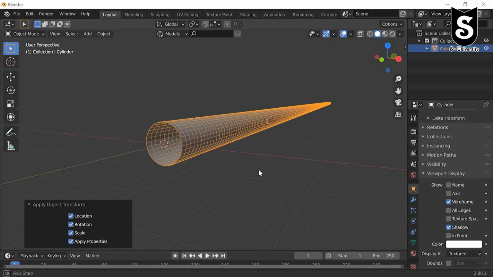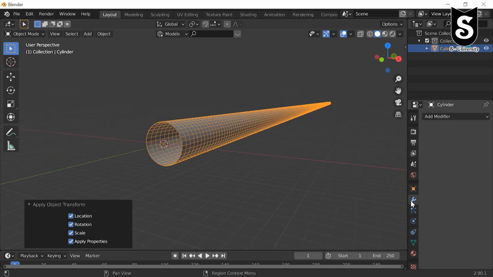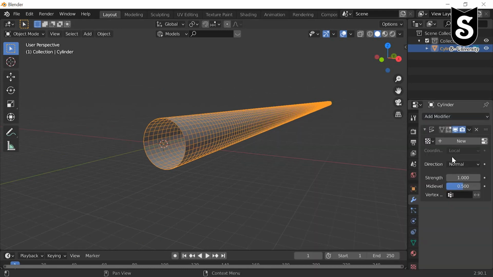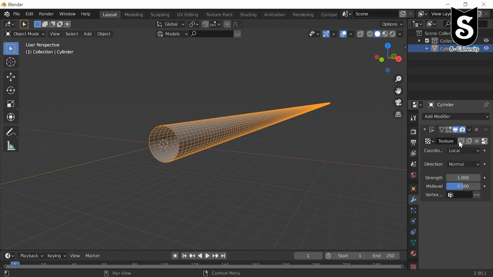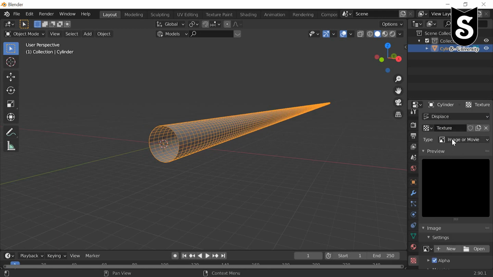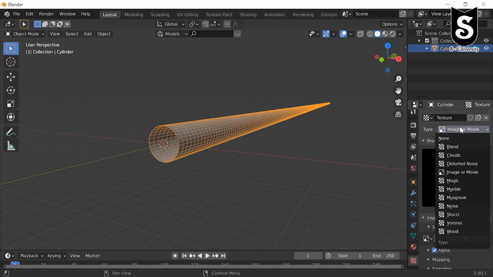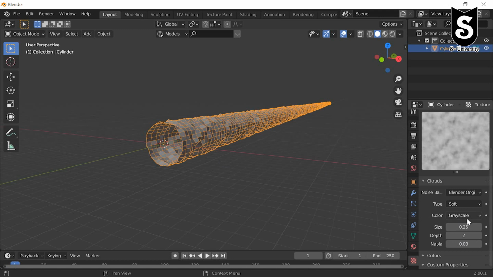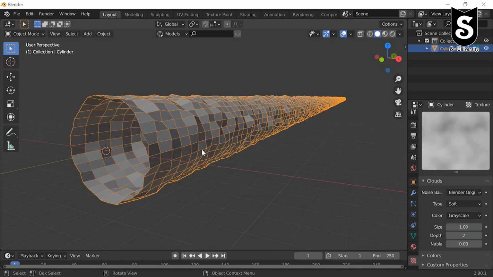Now go to modifier, add a displace modifier. Add some new texture. Go to texture setting and change our texture to cloud. Adjust the size to the maximum available.